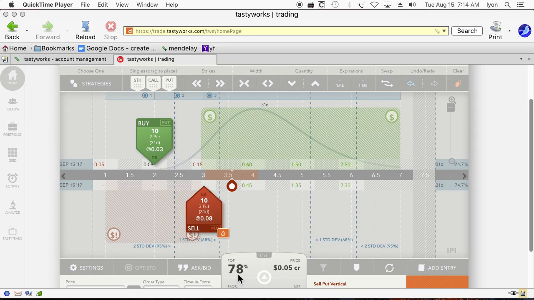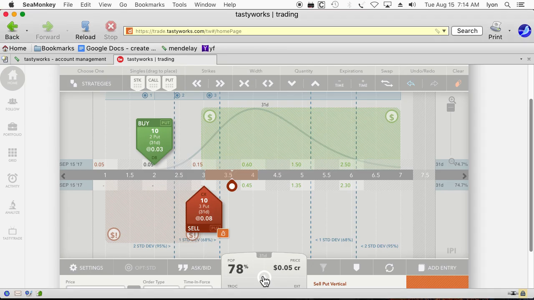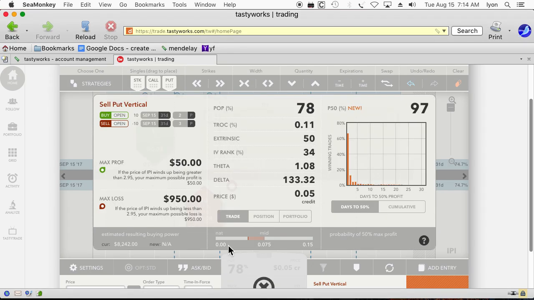The probability of 1 penny of profit, that's the probability of profit, is 78%. When you take a look at the risk-reward ratio on something like this, you see that you could make a maximum of $50 and you could lose a maximum of $950. Well, that's a very interesting thing, especially when you know, or at least you think you know, the probability of